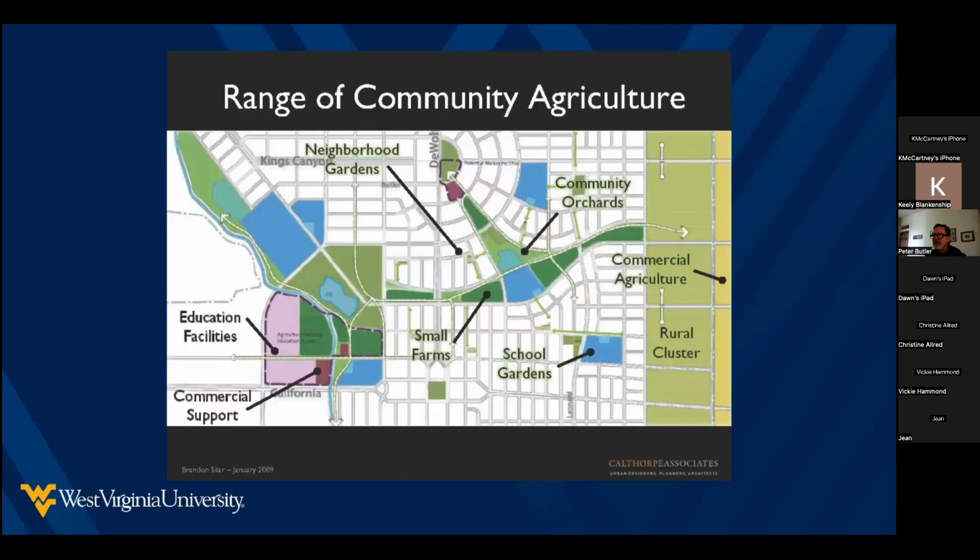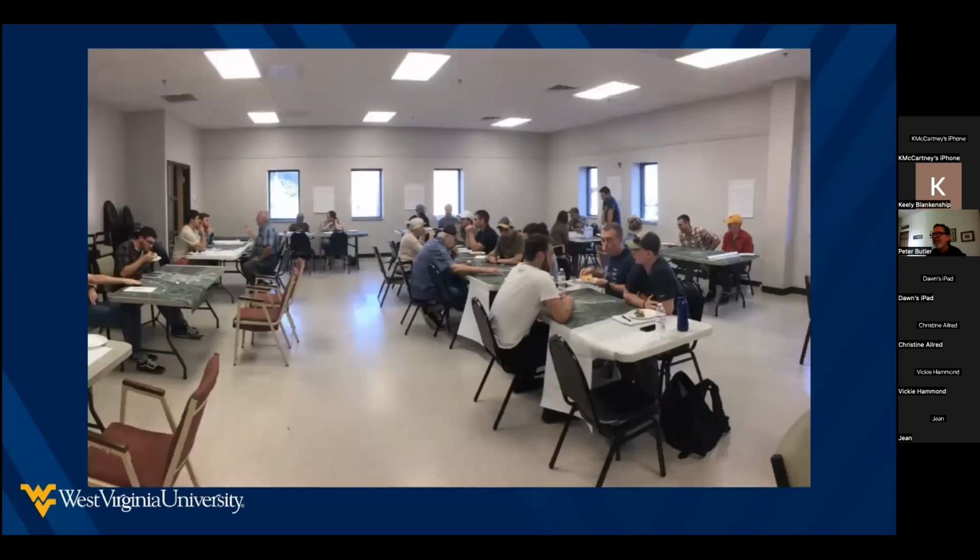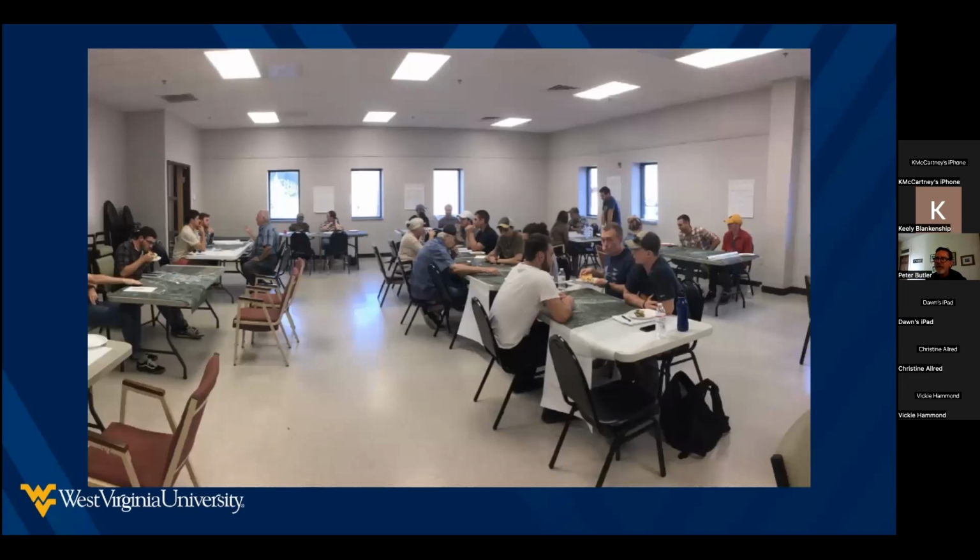So this is basically what the students start with in terms of the framework for integrating community agriculture into West Virginia communities. Wherever we work with the people on the community plan. So this is a meeting that was held down in Marlinton in Greenbrier County. And so you can see the students have aerial photos of the communities, and they're actually mapping different assets, not only for food production, but for other types of community development as well.